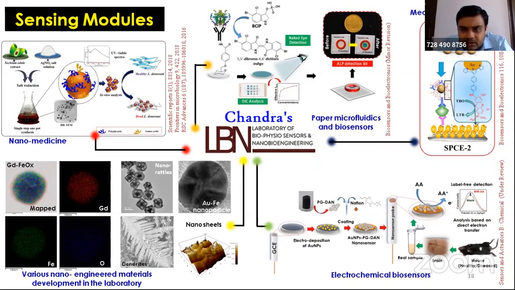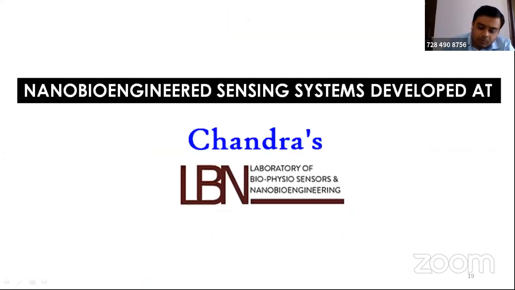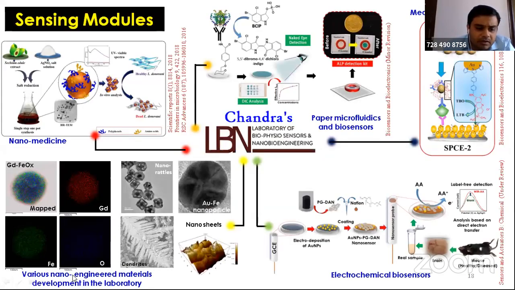It's a nanomedicine, but I'll be talking about various other modules, which I'll show in the next few slides. These are areas basically: the paper microfluidics, the cancer biomarker based sensor, and the in vivo sensor we have developed so far, ex vivo actually, for the ascorbic acid detection. And these are the various nanomaterials we have recently developed. There are a few actually, we have developed a lot more. So for example, the bimetallic system, the nano rattles, the bimetallic gold and iron nanoparticle dendrites and nano switch, and so on. There are many more things I'll be talking about in later slides.